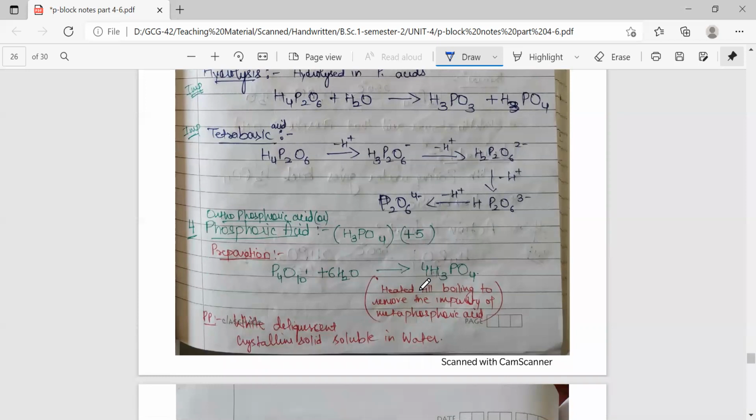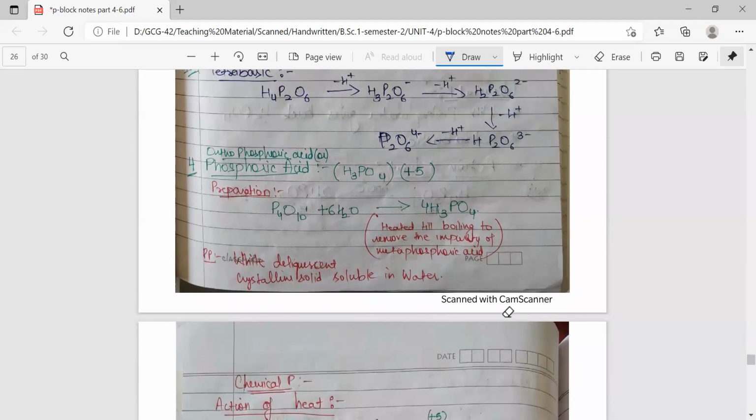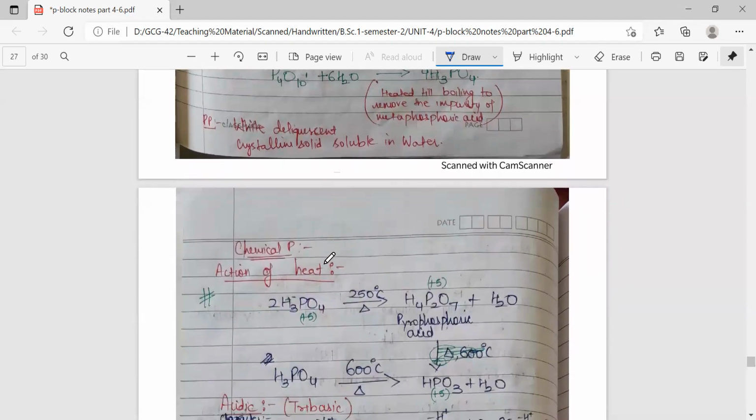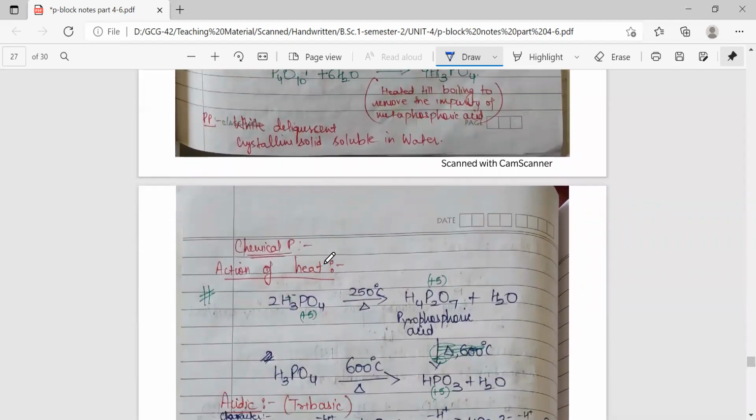Next we have phosphoric or orthophosphoric acid, +5 oxidation state, generated from P4O10 by its hydrolysis. Upon heating, it will remove water molecules and we'll get metaphosphoric acid. When it is heated till boiling point, we can remove the impurity of metaphosphoric acid, which is generated along with it, because this is the anhydride for metaphosphoric acid also. Now this is a white deliquescent crystalline solid soluble in water. So all these phosphoric acids are white crystalline solids, almost all are deliquescent and they are soluble in